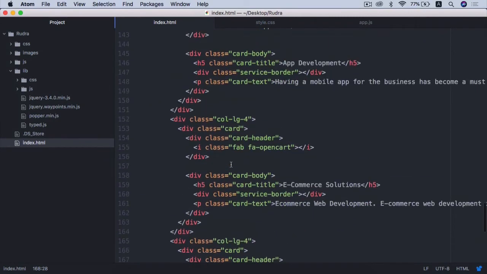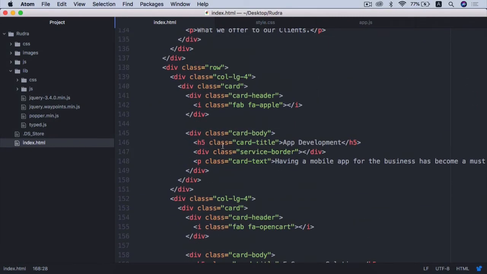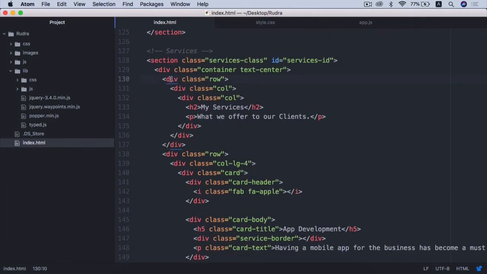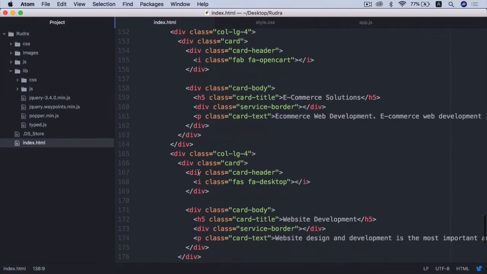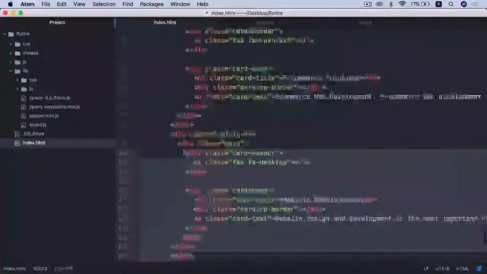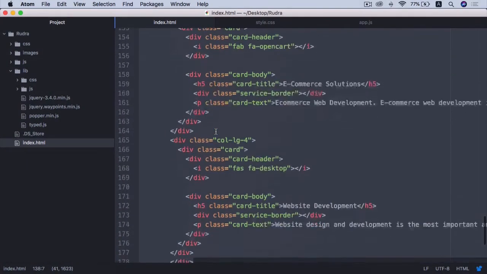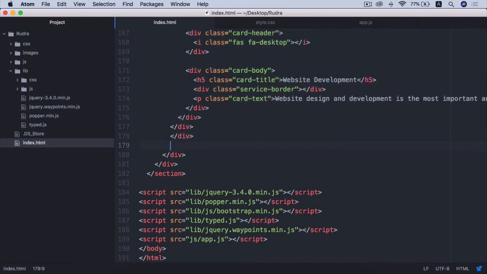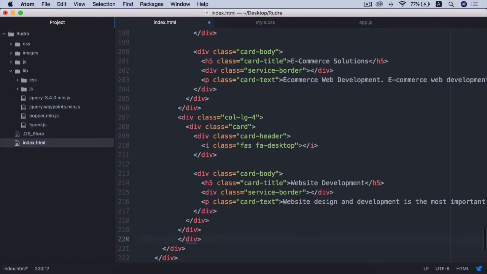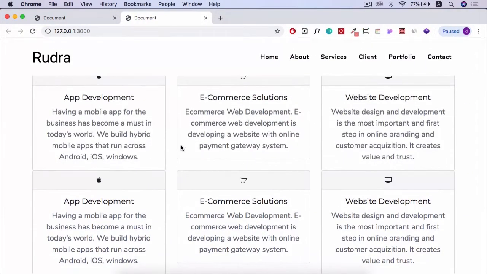So again go back. What I'm going to do is copy this entire row which contains 3 cards and paste it one more time and paste it here. So now let's save and check. So we have created 6 cards, and now what I'm going to do is let's change something, change this icon